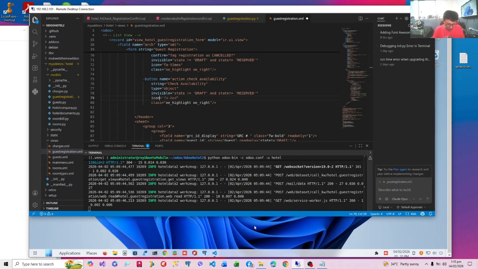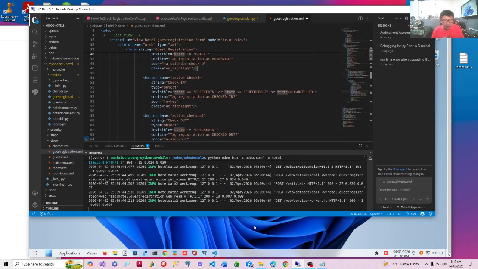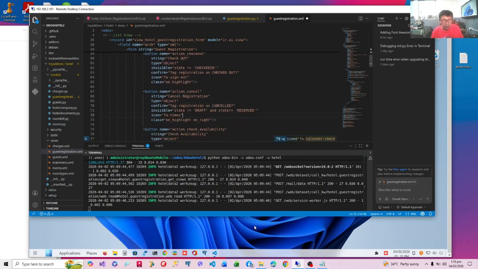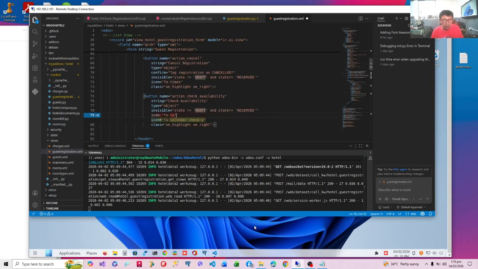The icon was FA calendar. It has the same as the reservation. This one, just copy this. It's already there, you just press the tab.